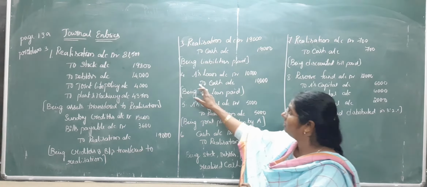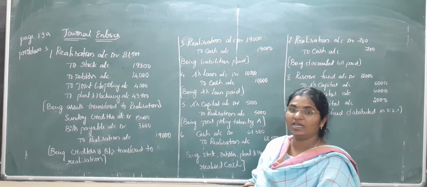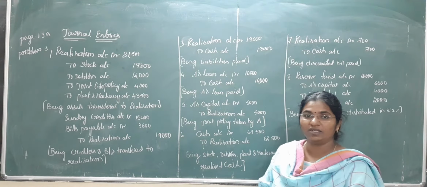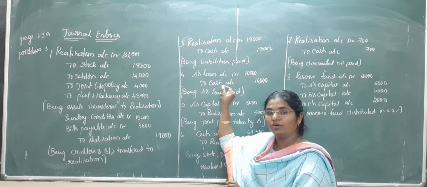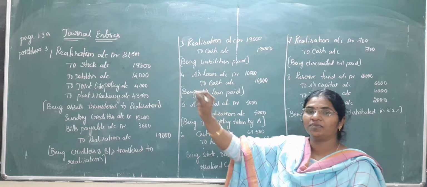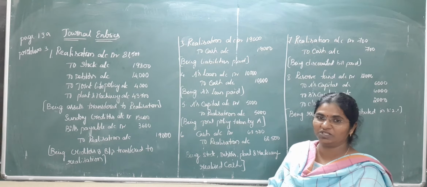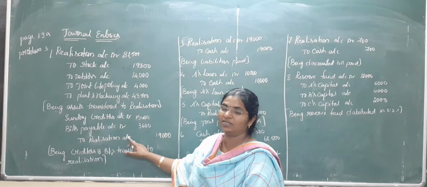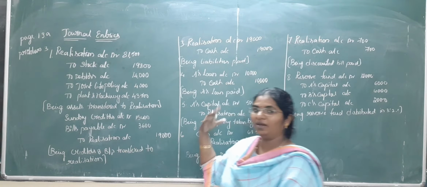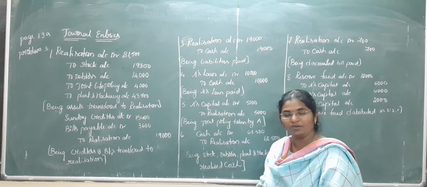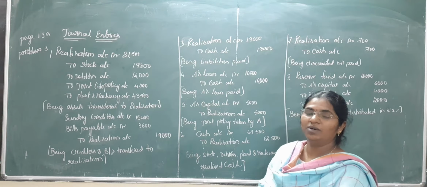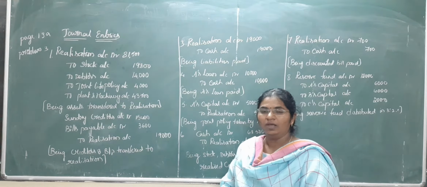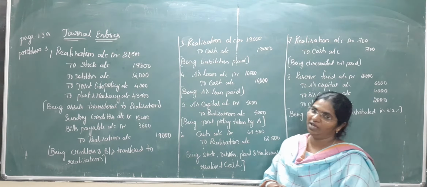This is a payment of liabilities. Now I have written a fourth journal entry. It indicates A's loan account with the amount of 10,000. A's loan account always shows on the liability side of the balance sheet. On the liability side you have shown creditors and bills payable, and now add one more thing, that is A's loan account. If it is given on the liability side, while dissolving the partnership firm, it should be paid to A.